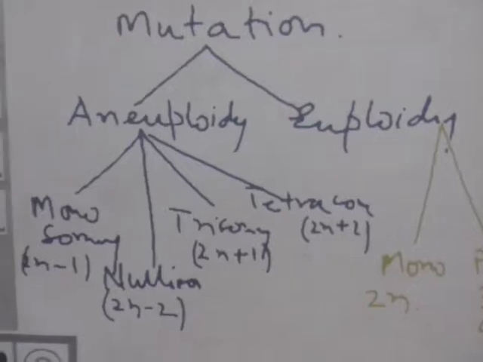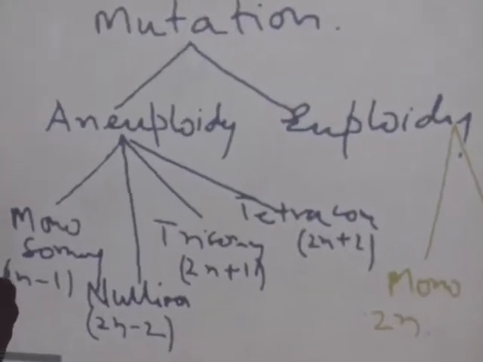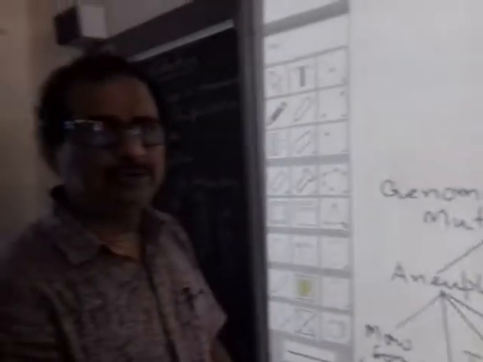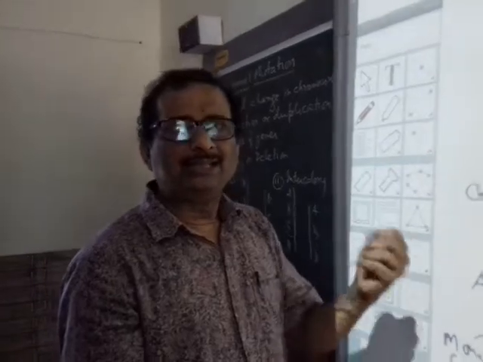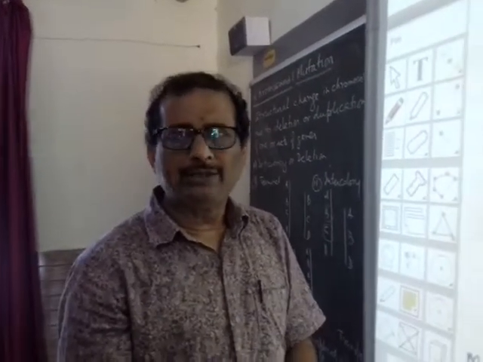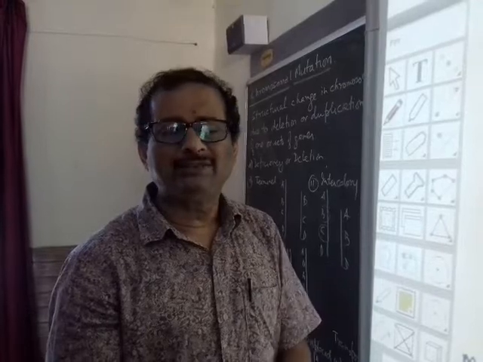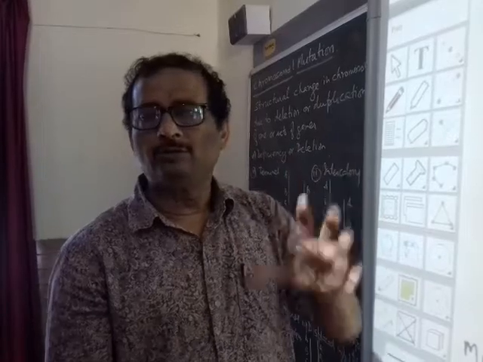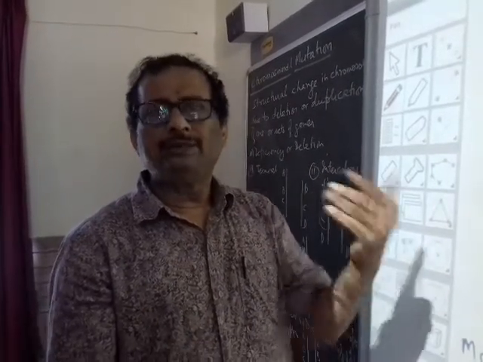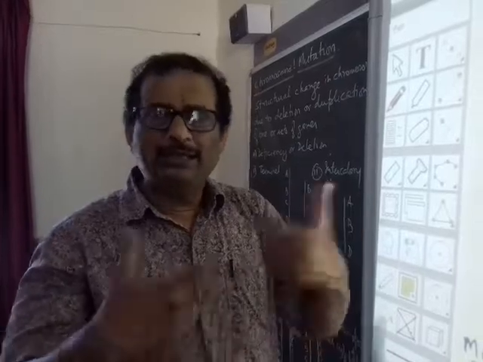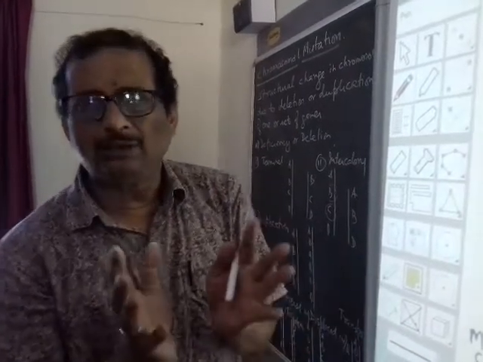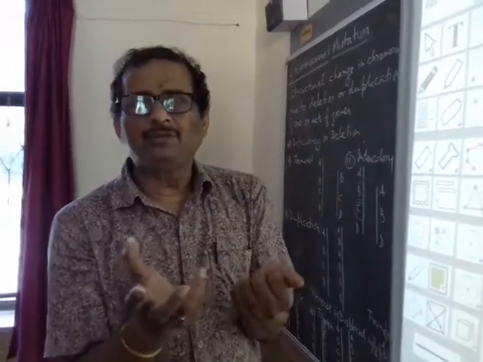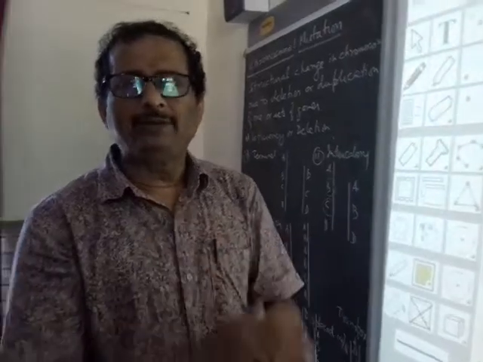Now euploidy and aneuploidy are found naturally occurring, or can be induced, in many types of plants. This is done for genetic interest, or certain types of plants are grown, like you must have heard about tetraploid wheat or hexaploid wheat. Usually wheat has 14 chromosomes in the diploid condition and 7 in the haploid condition. So hexaploid wheat, 6 into 7, has 42 chromosomes, and tetraploid wheat, 4 into 7, has 28 chromosomes. They are cultivated mainly for economic purposes, like durum wheat, which is used for making semolina or pasta.